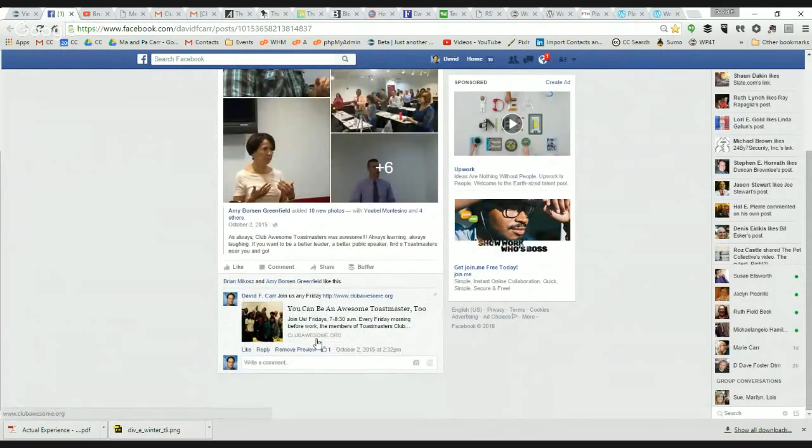I put in the club web address, and I've taken some time to make sure that what shows up in that little preview on Facebook also looks good. So you think about this as you're writing your headlines, as you're choosing the photos to feature on the home page: how is it going to look when it shows up on Facebook? Because that is actually a great way of magnifying your reach. If you can get other people to share content, if you can reach people who aren't in your personal network but are in somebody else's personal network, that can be a way of bringing people in the doors of the club.